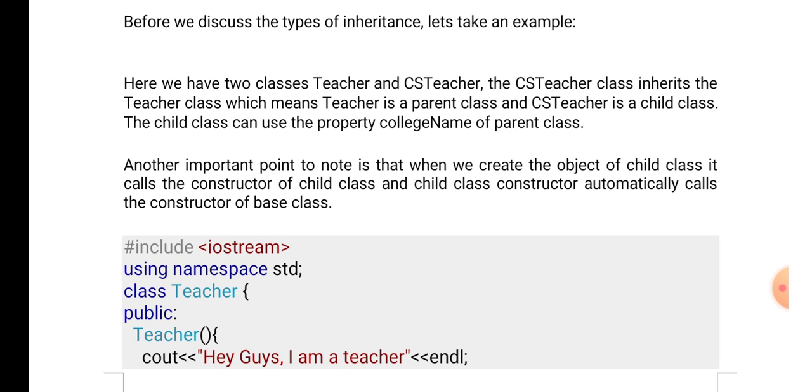The child class can use the property college name of parent class teacher. Another important point to note is that when we create the object of child class, it calls the constructor of child class, and child class constructor automatically calls the constructor of base class.